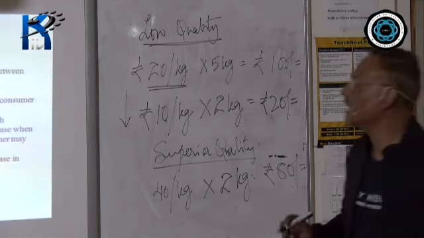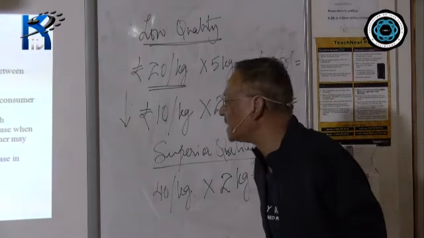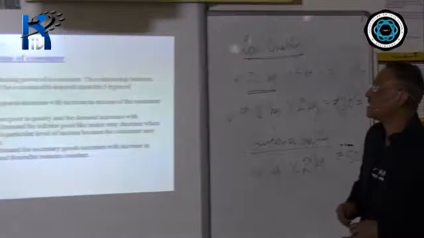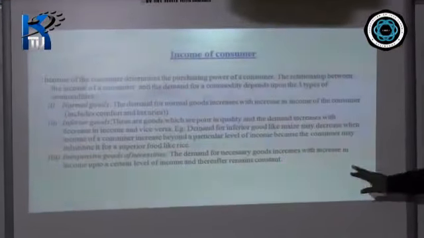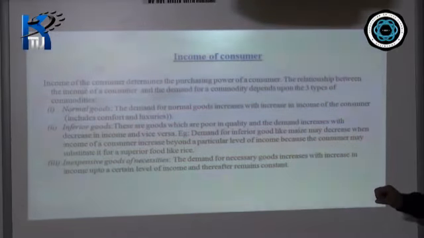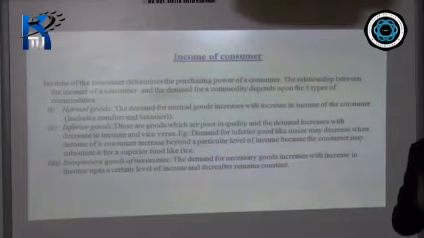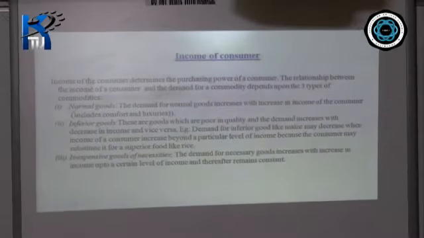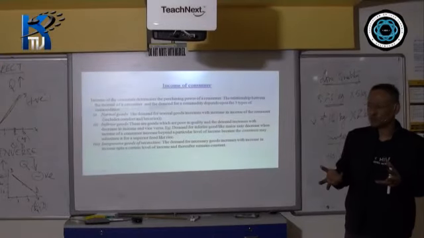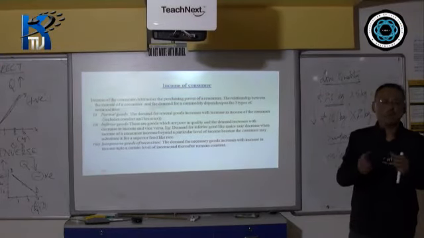The next one is inexpensive goods of necessities. I think the example is not given to you here. Inexpensive goods of necessities like salt. Salt is inexpensive but a necessity good. So what happens if you are buying salt? Say, for example, a daily wage laborer buys, say, 200 grams of salt every week.